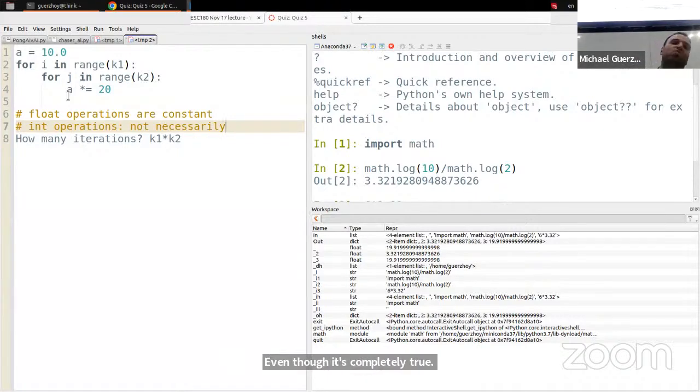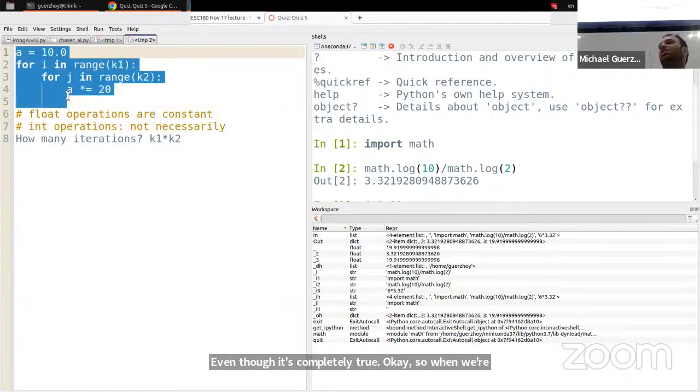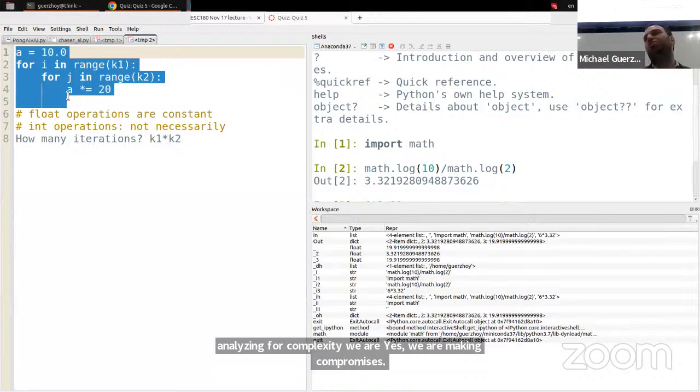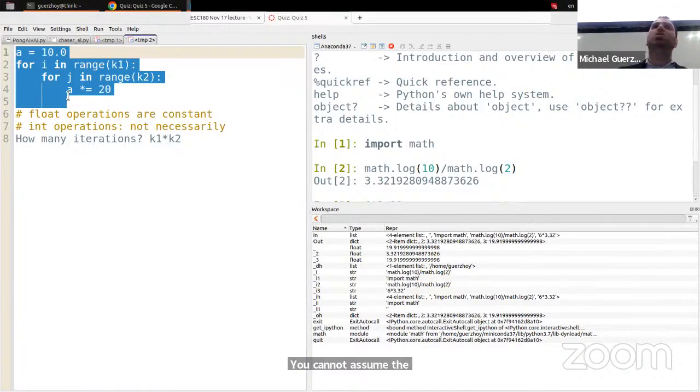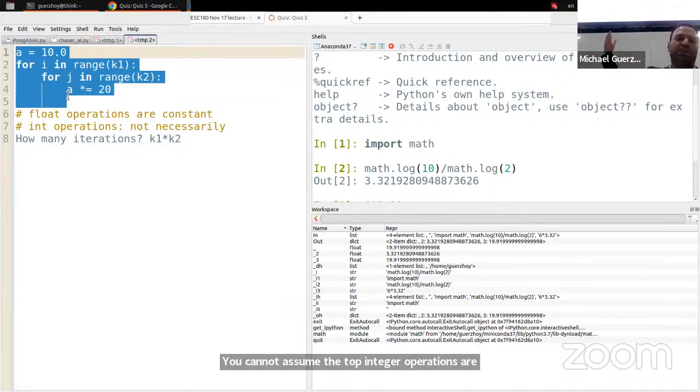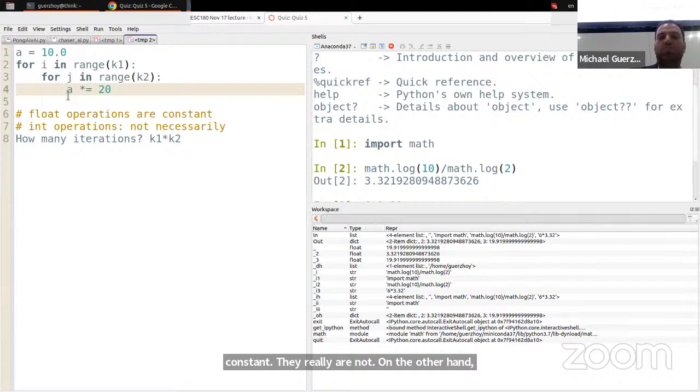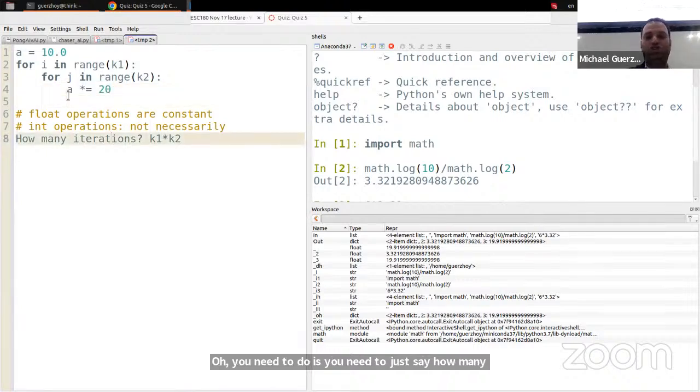Okay, so when we're analyzing for complexity, we are making compromises. You cannot assume the integer operations are constant. They really are not. On the other hand, everything else you assume is constant. And if you have a constant number of operations here, all you need to do is say how many iterations. So in general,